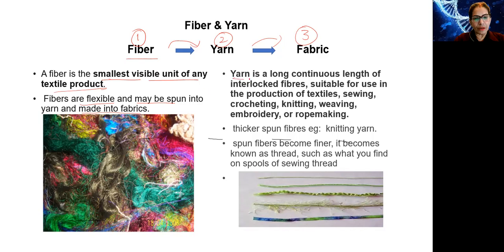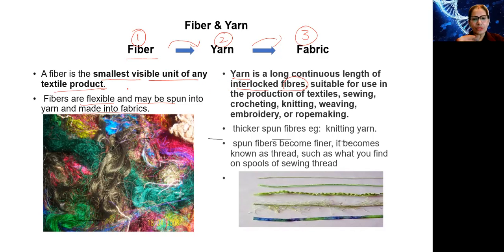And what is yarn? Yarn is a long continuous length of interlocked fibers. They are interlocked because from the fibers we are making yarn. So these fibers we don't use as a single unit. We are going to intertwine them. We are going to use many fibers together. Okay, it may be rolled out, it may be interlocked, it may be made into a design, but then this